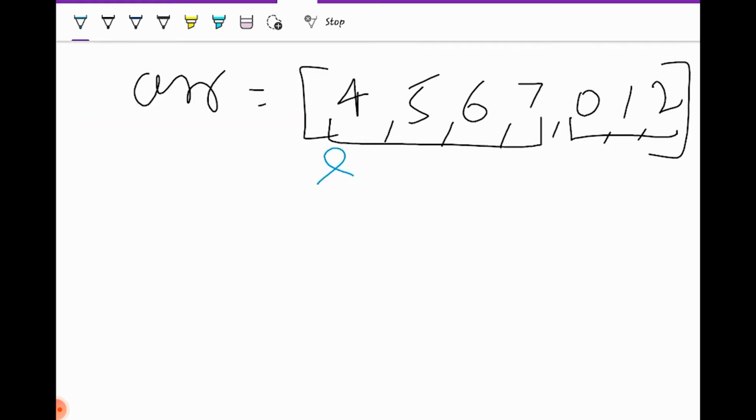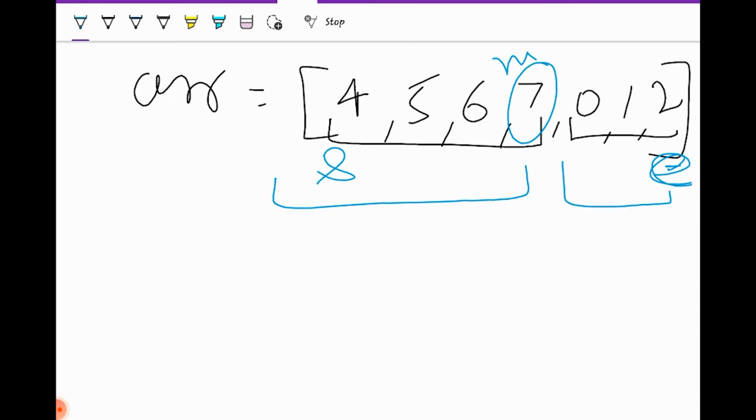So if this is our start element, this is our end element. Okay, this is our start element, this is our end element. 0, 1, 2, 3, 4, 5, 6. Okay, 0, 1, 2, 3. And this is our middle element by applying binary search. So if we are to search an element, wouldn't it be easy if we apply binary search in this section and this section separately?